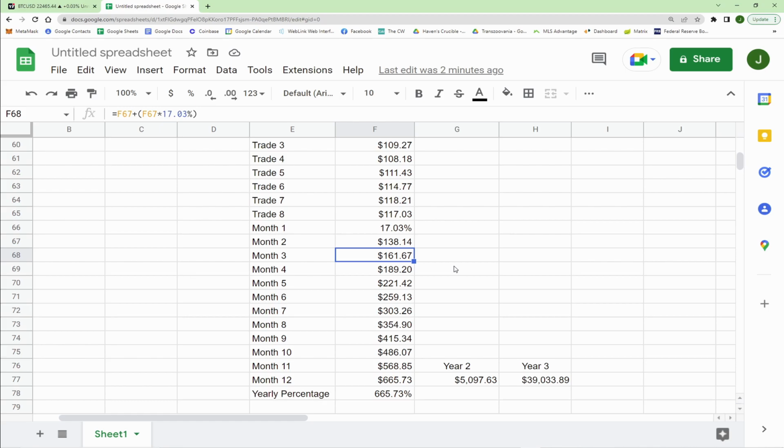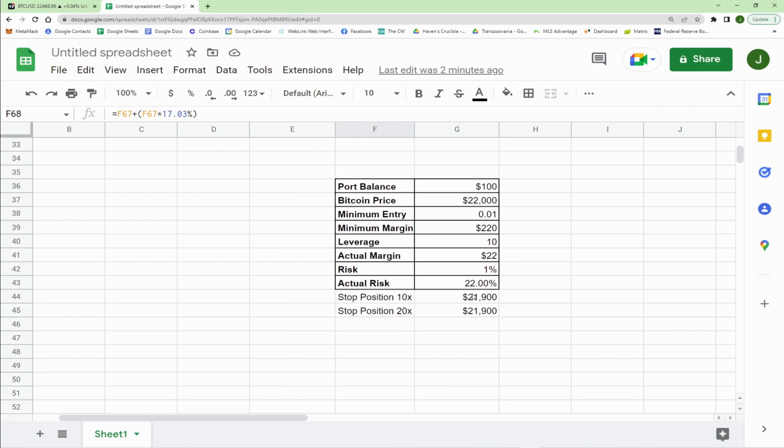So, where are we at here? We're past the risk management. So how much leverage should I use? Well, again, we're going to talk about Bitcoin here. Now, sometimes on some exchanges there are minimum entries. I believe KuCoin is 0.01. So this is a little different, but we're going to just limit it to 0.01. Some people only have a port of like $20, right? And they're starting from nothing. So they really have no choice but to use leverage, because if you want to trade Bitcoin and there's a minimum entry, you're kind of screwed.